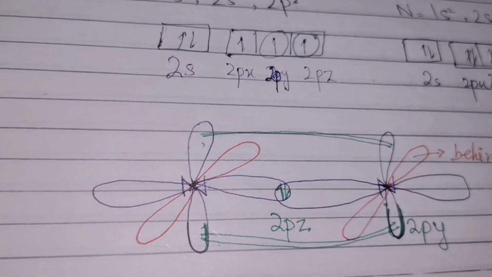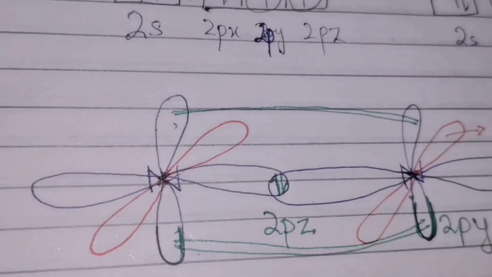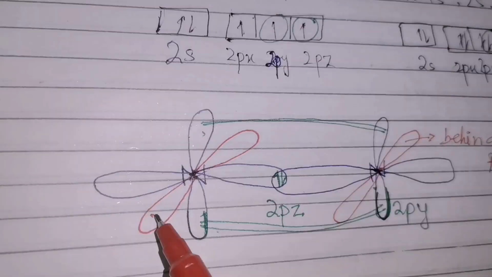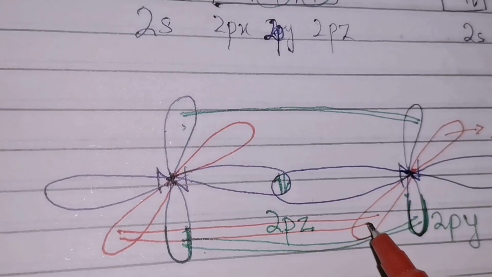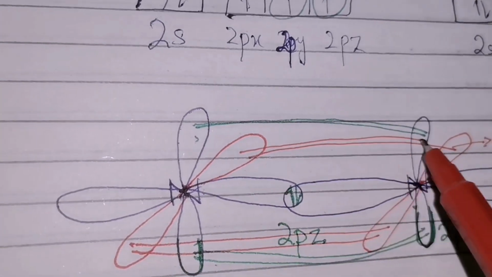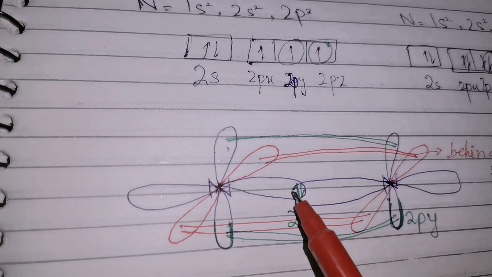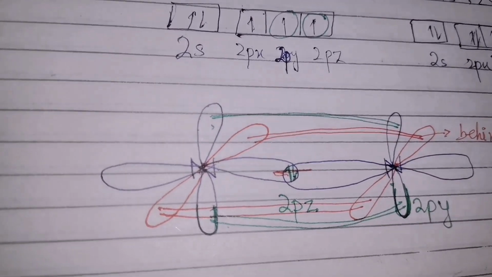The similar will go for this one, and this side will be outside the plane. Now similar case will happen over here, that these electrons will overlap in this way. Now here the first bond that was formed is sigma bond and these two bonds are pi